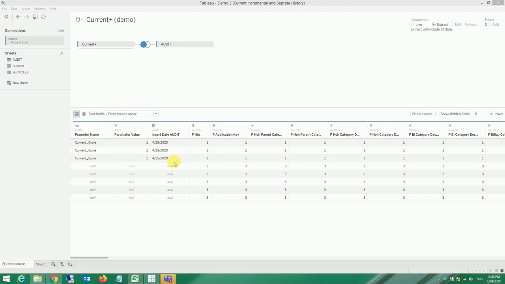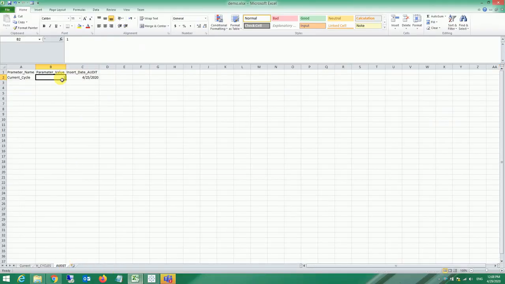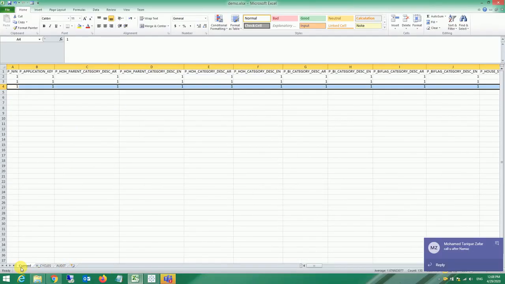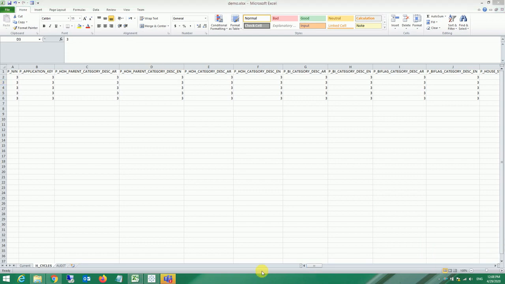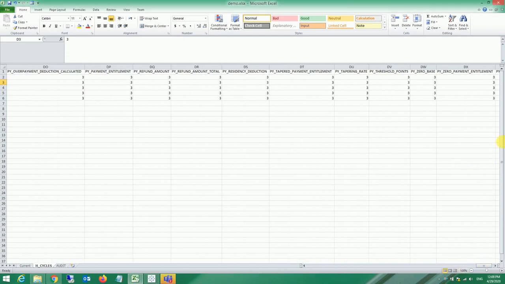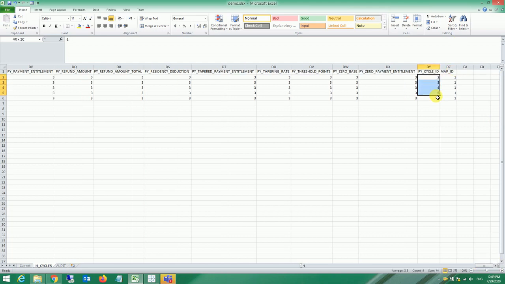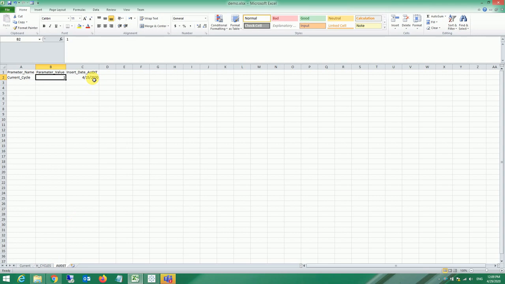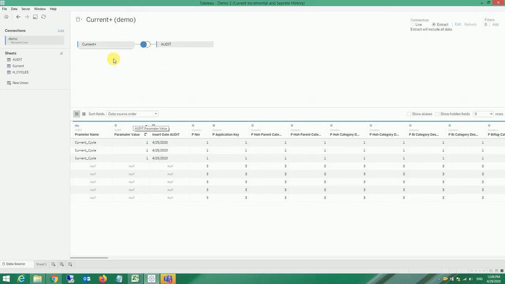Because we have different IDs which do not belong to the audit parameter values. Currently in the audit file we have only one value, but in the historical file we have multiple values. If you see here, we have multiple cycles 1, 2, 3, 4, 5, 6. Now, to bring this information into our data source, first let's see what the result is.